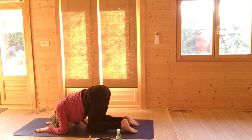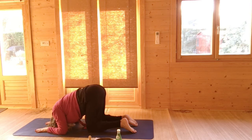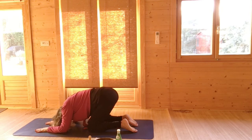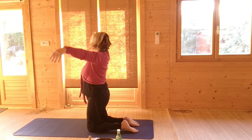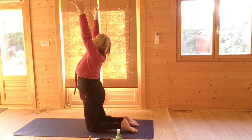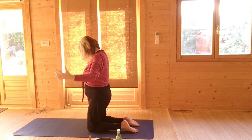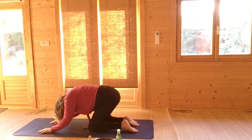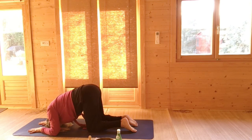You can carry on and just place the crown of your head on the mat, just rolling, but this is optional, stimulating the crown chakra. Then sliding your hands back to your knees as you kneel up, arms up, looking ahead or up, stretch your fingers, and then breathing out, rolling, chin to chest, rounding your back, sliding your hands away from you to the elbows, bottom into the air, optional to bring your crown to the floor,